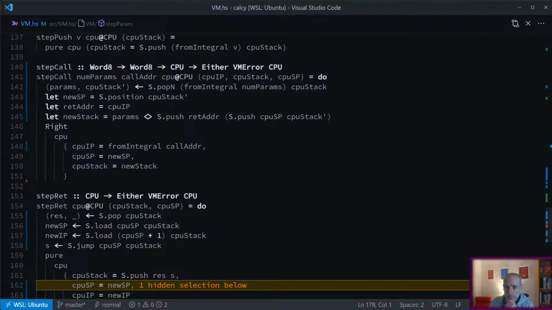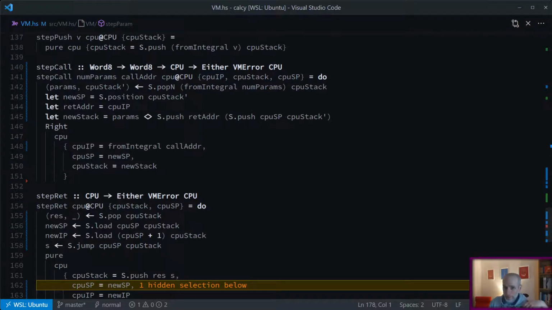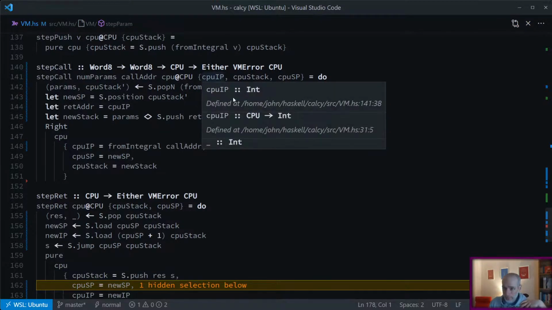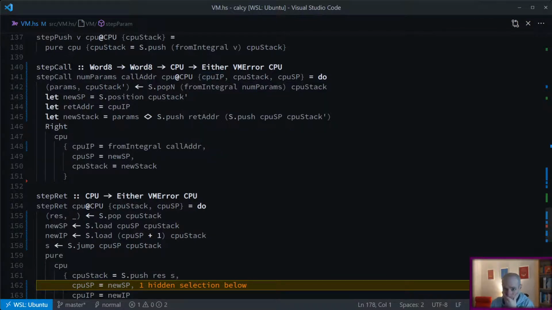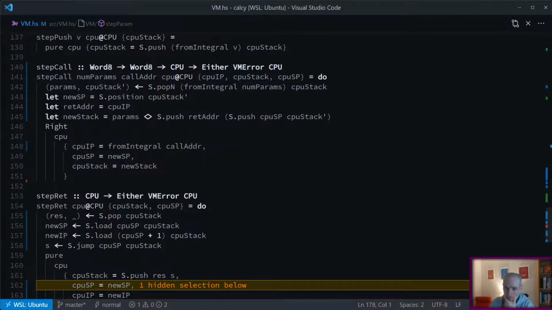So by the time we get to here, this CPOP should already be advanced beyond the point that it was at before. Yeah, it should be advanced beyond the instructions for call itself. So we just remember that as being the return address. That looks okay to me, but